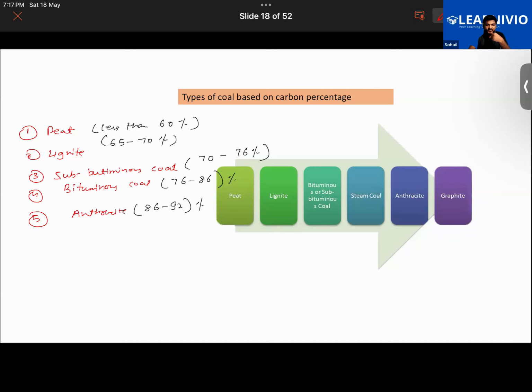Talking about lignite. Lignite is also one of the coals that has a very low quantity of carbon in it. So the first two, peat and lignite, they both are said to be the lowest quality of coal. All right now,